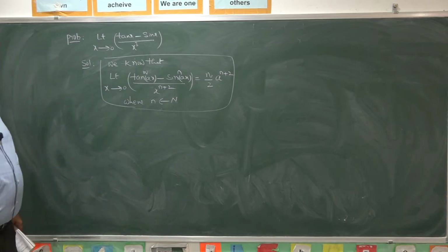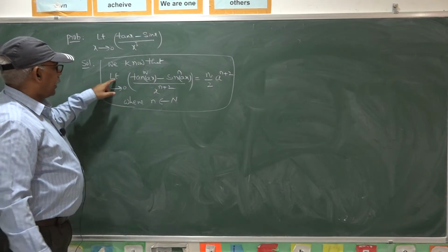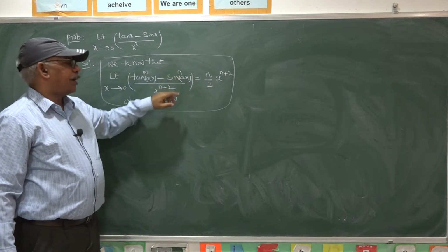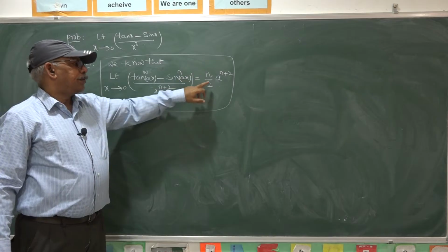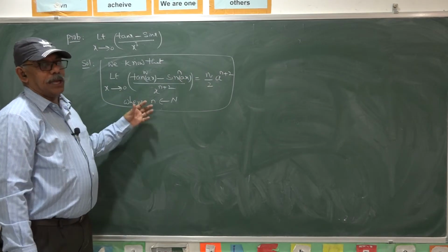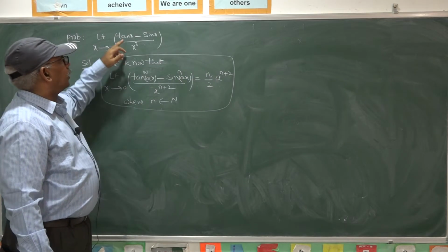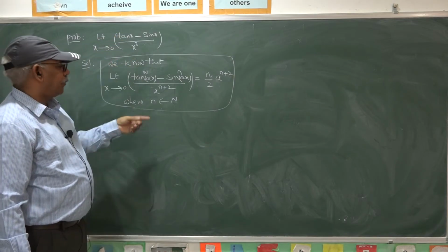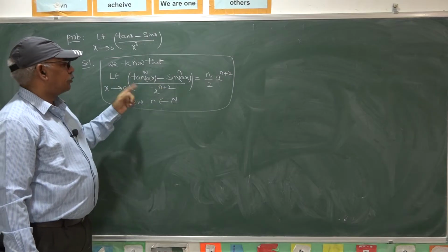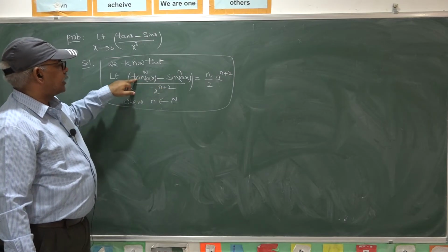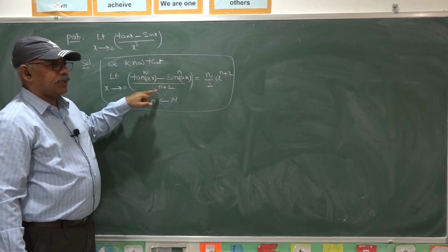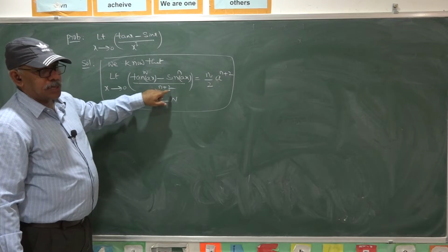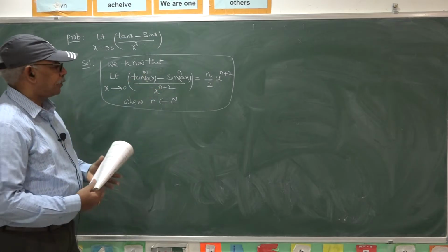You can straight away apply this formula. Limit as x goes to 0, tan power n of ax minus sin power n of ax is n by 2 a power n plus 2, where n being a natural number. Here the power is n equal to 1. Clearly a also 1. n equal to 1, a equal to 1. So hence in such case we get tan x minus sin x by x cube. Once the power is n, it should be n plus 2. That should be observed here.